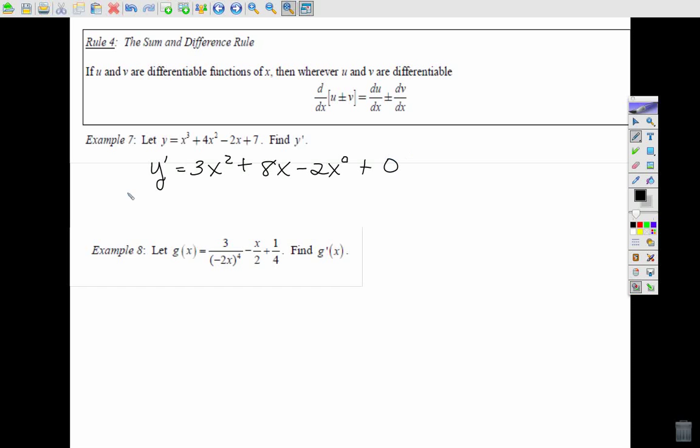What happens to the 7? When you take the derivative of 7, what do you get? The derivative of any constant is 0. So what's our answer going to look like? It's going to look like y prime equals 3x squared plus 8x minus 2. That's our answer. If you're feeling really excited about this right now, why don't you take this big, yucky, nasty